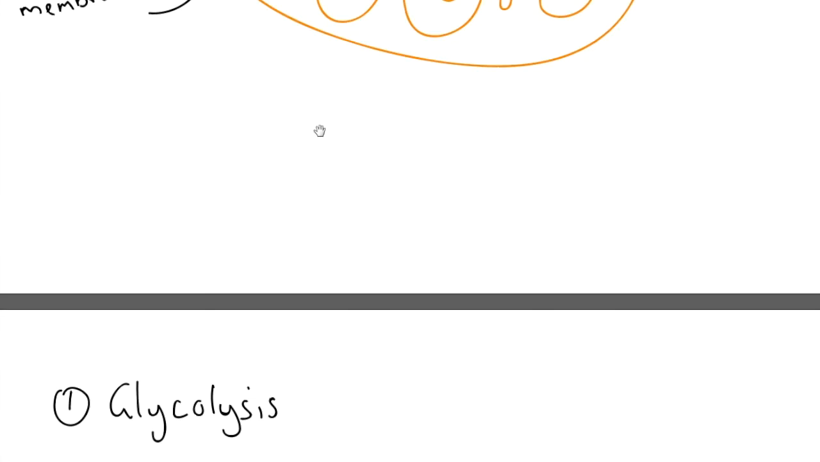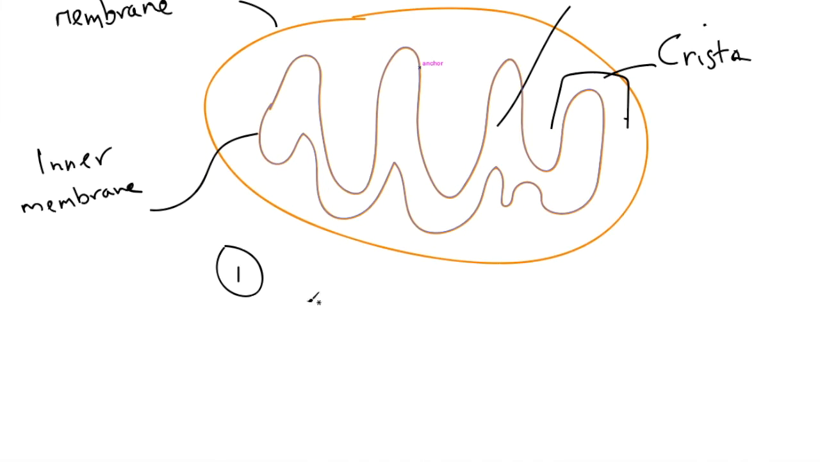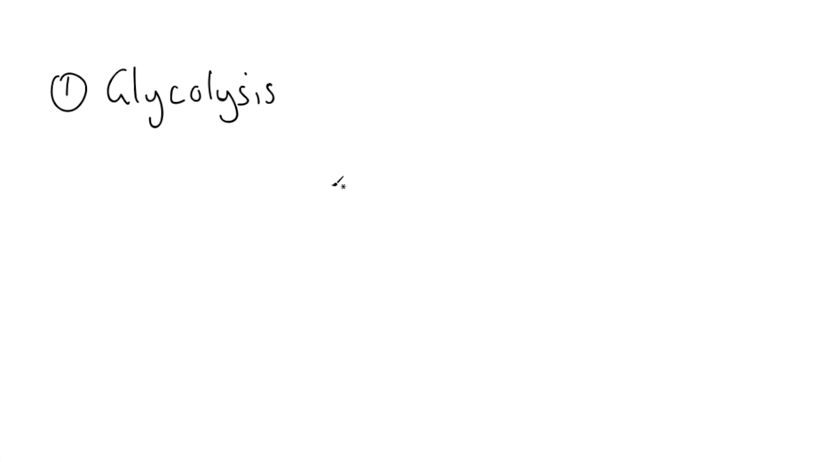The first step, this is of both, is glycolysis. And glycolysis, number one, takes place outside the mitochondria, so it takes place in the cytoplasm. And this is the very first stage of both. The next stage